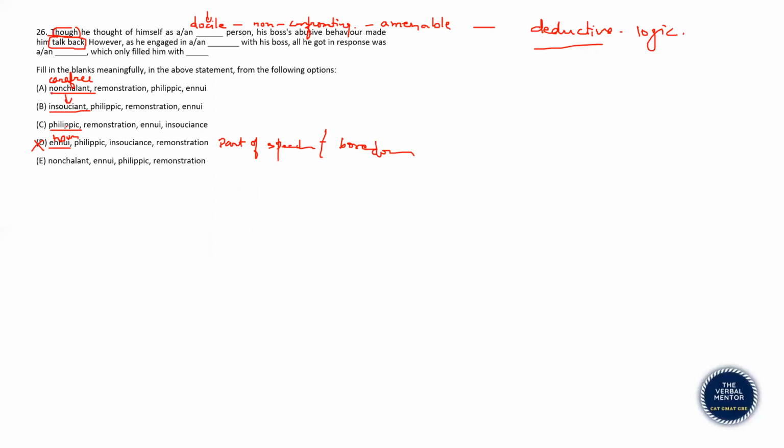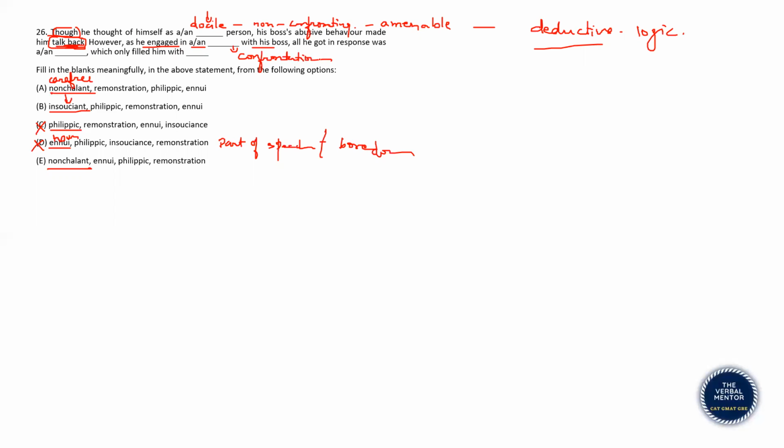Philippic is a rant, a speech full of bitterness, criticism. So this is also out. We need nonchalant or insouciant. So A, B, E remain. Okay. However, as he engaged in a dash with his boss, okay, so remember he was talking back to his boss. So he was confronting him. He had to confront him because the boss was abusive. So, however, as he engaged in confrontation with the boss,